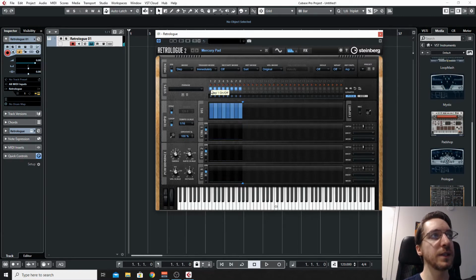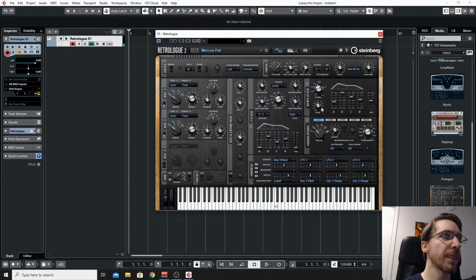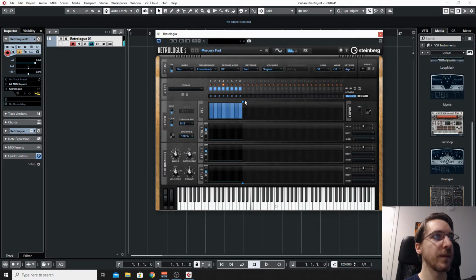Every time one of these steps goes off, it should trigger a new note. But since our attack is so slow, that doesn't happen. So we're going to lower it. There, perfect. And also lower our release time. And now we get